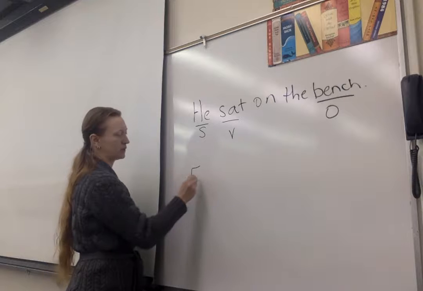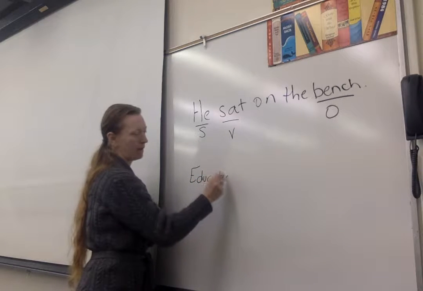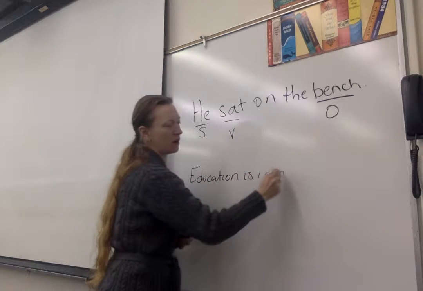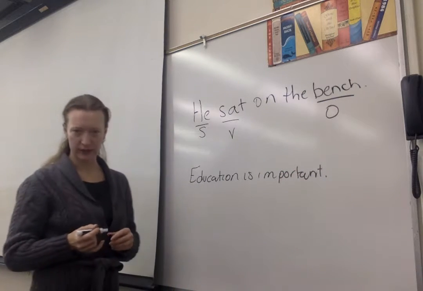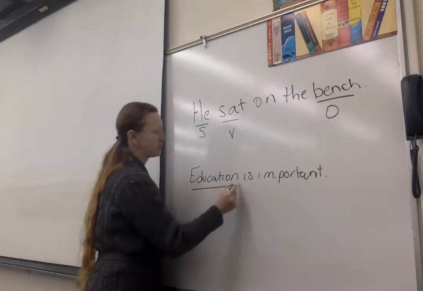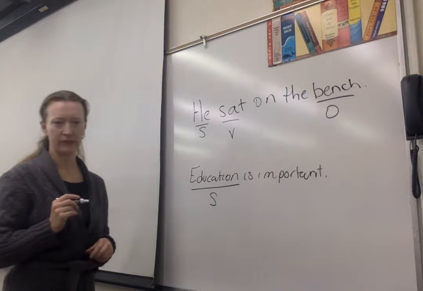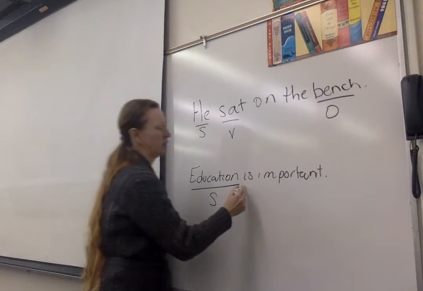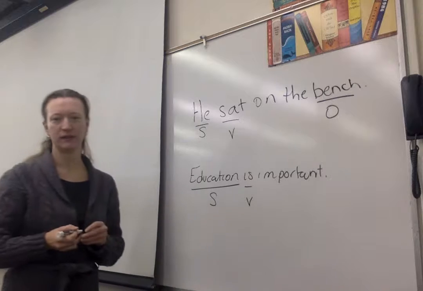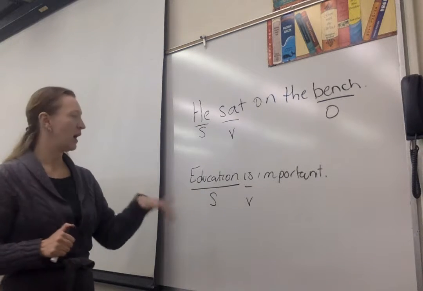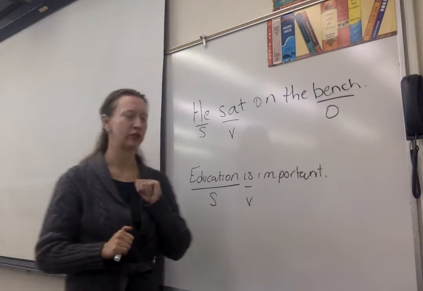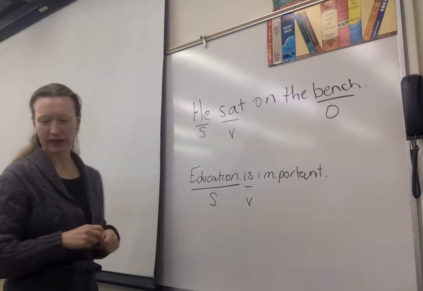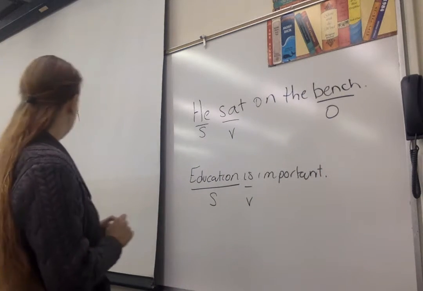So education is important is another complete sentence, where education is the noun and is our verb, right? So this sentence actually doesn't really have an object. But at any rate, now you can tell the subjects